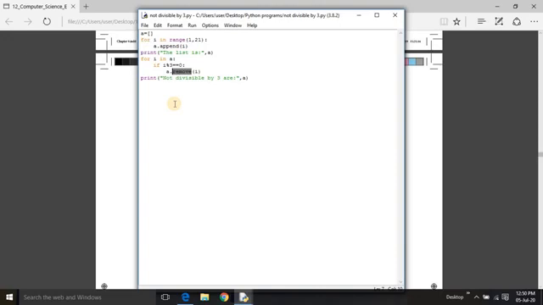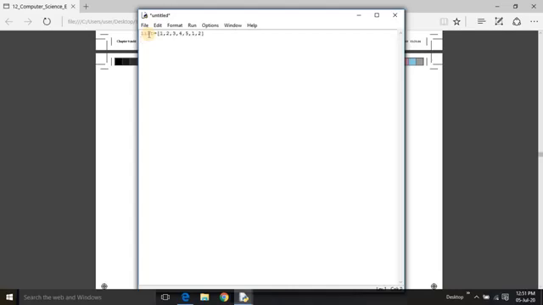We need to count how many times a value appears in a list. List equal to, let us create a list: 1 2 3 4 5 2 1 2. We will take each element in the list.